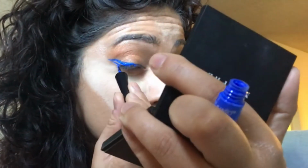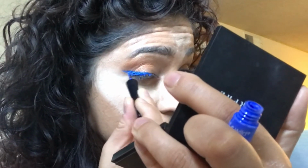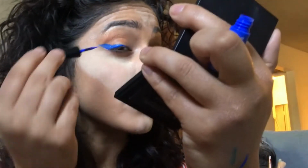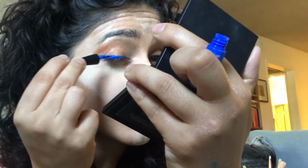Looking kind of even. This one needs a little bit of work. With winged liner, I always like to close my eye and make sure that the wing doesn't look too bumpy, because sometimes when you look down, you'll end up with this weird squiggle that you didn't mean to make. So I'm looking down and I'm filling in this little empty space here. I'm noticing that it does kind of make that weird squiggle. So I'm just gonna fix that a little bit by